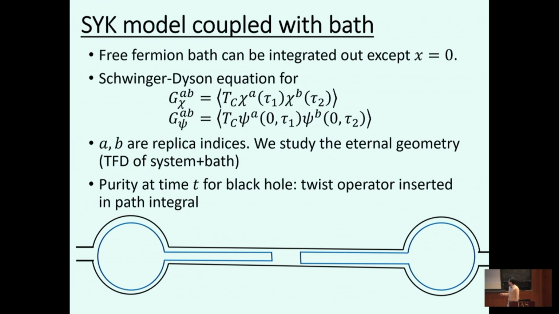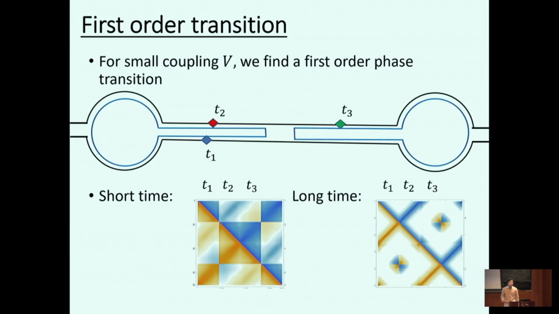And this is like ket and bra. So this diagram means I traced over the bus. So this is the density matrix of the black hole. And then you draw another copy and think about this connected with that. That's like a trace of rho squared for the black hole. So this is calculating the purity of the black hole. Okay, so you do these kinds of calculations, and then